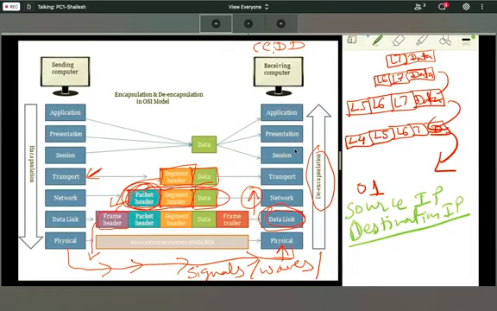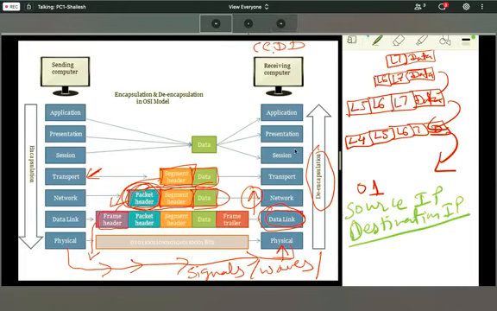So this is de-encapsulation. In de-encapsulation, every layer removes the header associated with it and forwards that data to the higher layer.